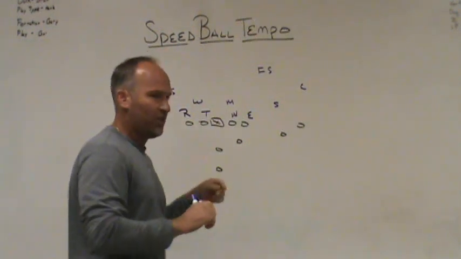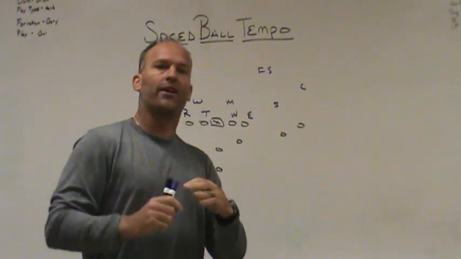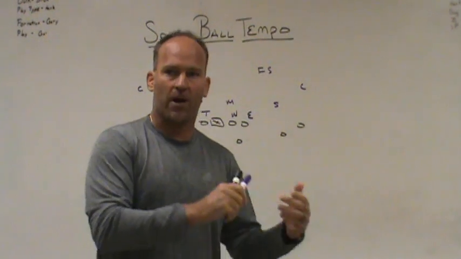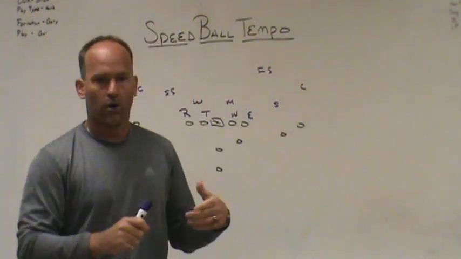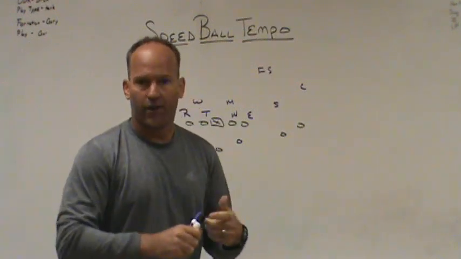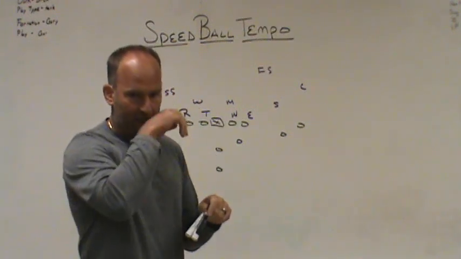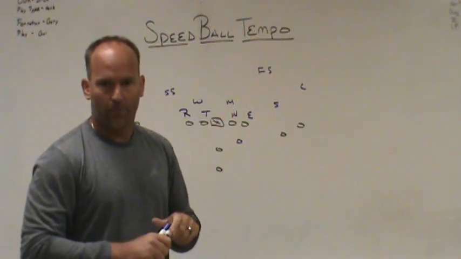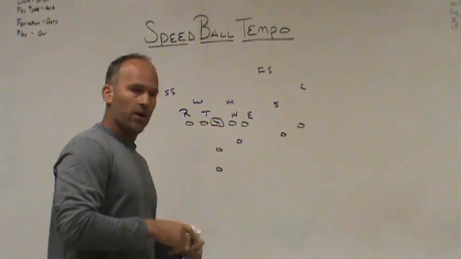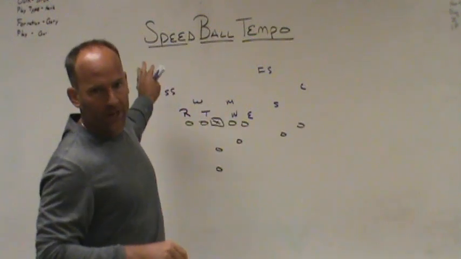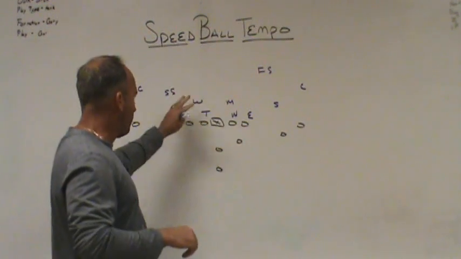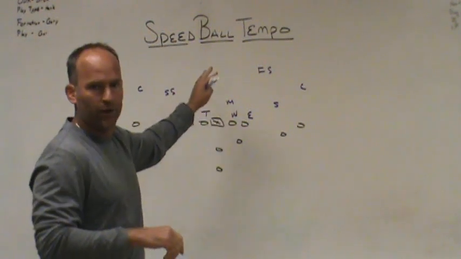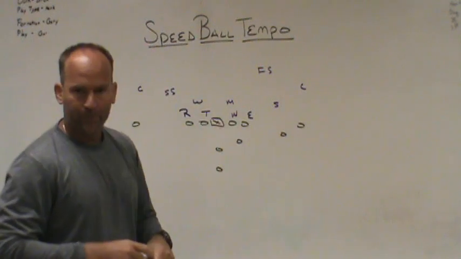So what you have to have is plays that have built-in answers for possible zone blitzes or pressure or a front that you weren't expecting. So you have to give your quarterback answers if you want to be able to play at that style of tempo. So the first thing I'm going to do is draw up one of our key screen plays, out of a 2-back personnel set here, 20 personnel, 2 back, 3 wide.